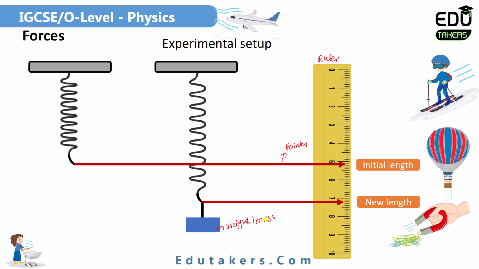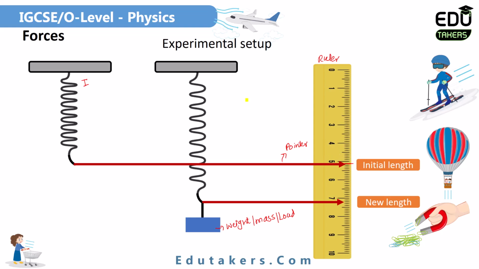When you have to plot the load extension graph, it means that this weight, mass or load, all of these are the same thing. So first of all, take a spring and adjust it. Also take the ruler and first of all find out the initial length of that spring with the help of the pointer that is attached with the spring. So you can see here it's the first spring, and see the position of the pointer. It's basically at this point. This is the original length of that spring.